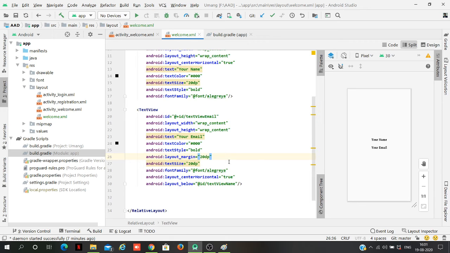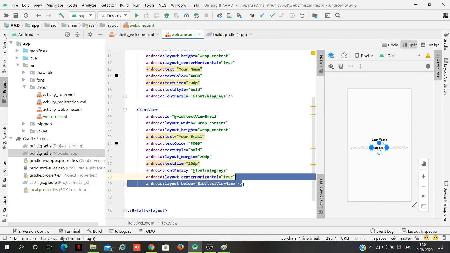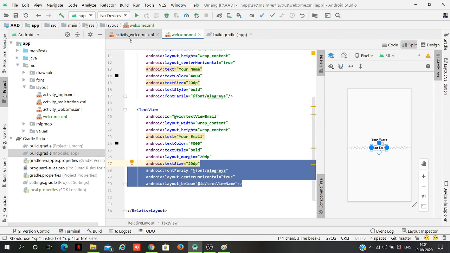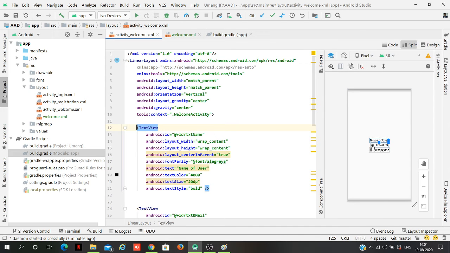Your name, your email, and the third thing. It's the same thing we developed in the previous class with the linear layout. That activity we developed using linear layout, I'll now do the same thing using relative layout.